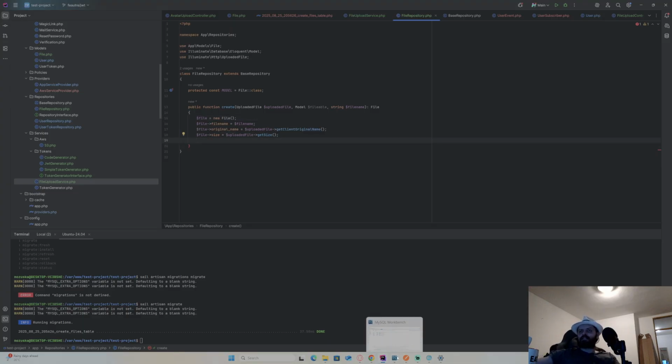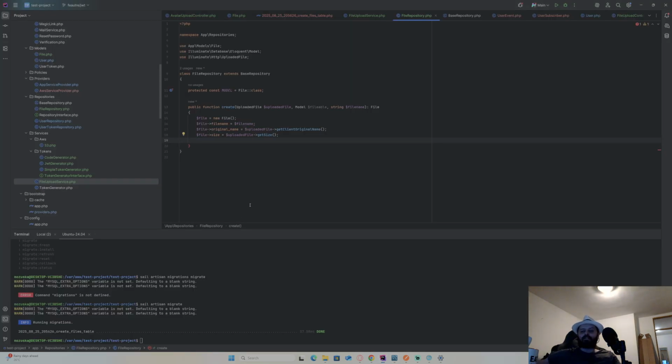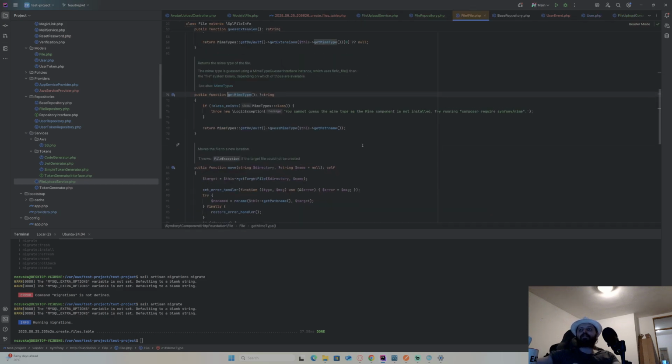So uploaded size. Next, MIME type. I have MIME type. I also get this from the file. Yeah, get client. No, not client MIME type. That won't work. Now, how do you get MIME type? I already said it last time, never trust the client stuff, or client parameters to get file from the client side.